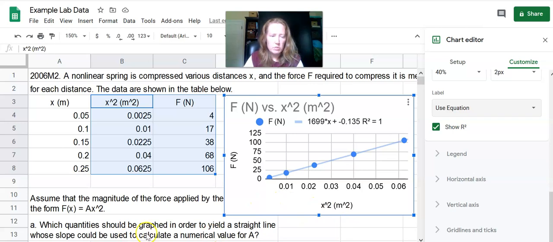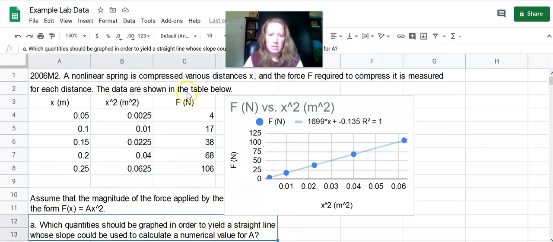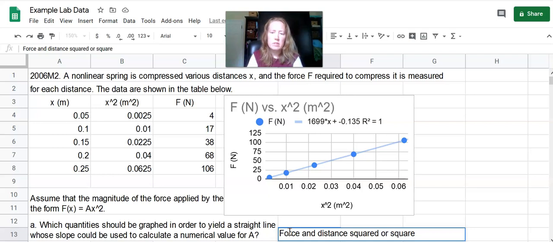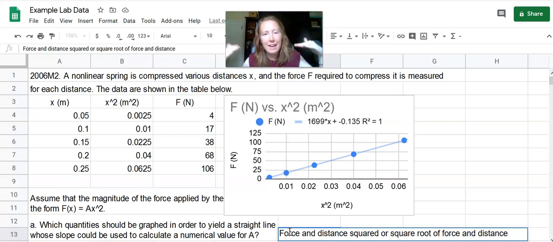Okay, so then that isn't actually the answer for part A. The answer for part A, which quantities should be graphed, then I should be typing here: force and distance squared, or square root of force and distance. But then later on it asks you to graph it,